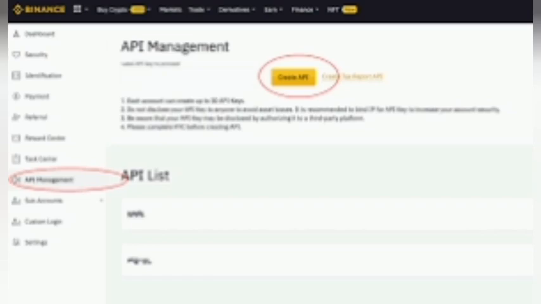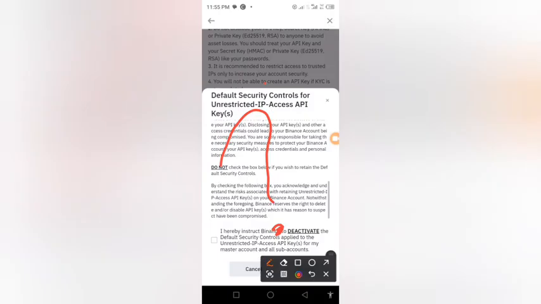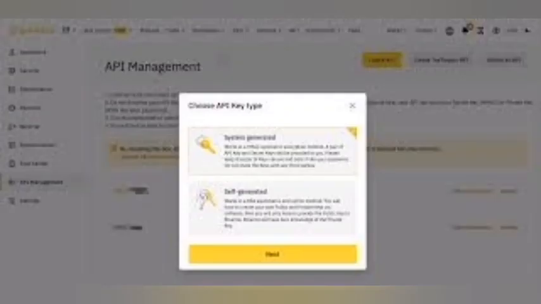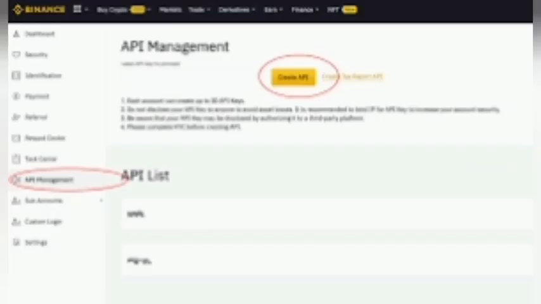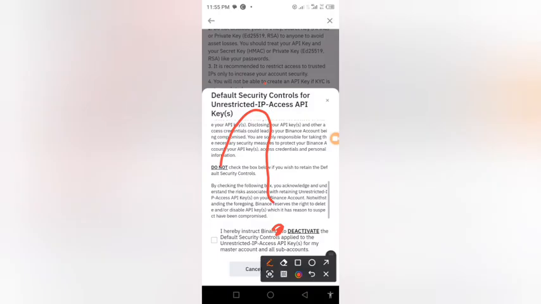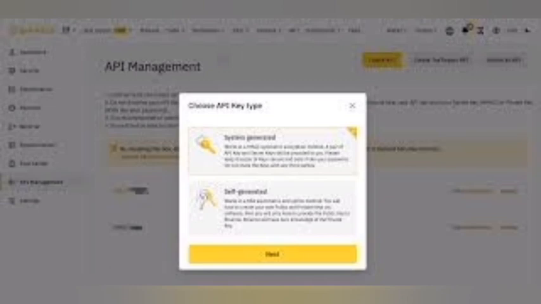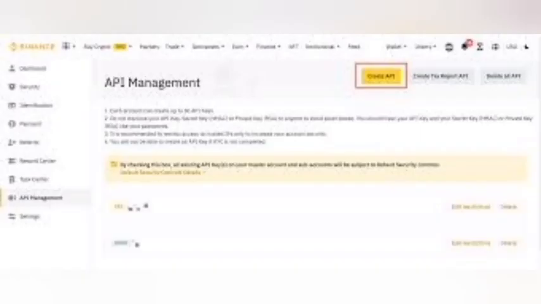By default, the following security controls, default security controls, would apply, including but not limited to: Symmetric HMAC unrestricted IP access API keys being prevented from enabling trading or transfer permissions, and periodically or immediately revoked, or certain permissions revoked, if previously enabled with trading or transfer permissions. Asymmetric ED25519 and RSA unrestricted IP access API keys being periodically or immediately revoked, or certain permissions revoked, if enabled with